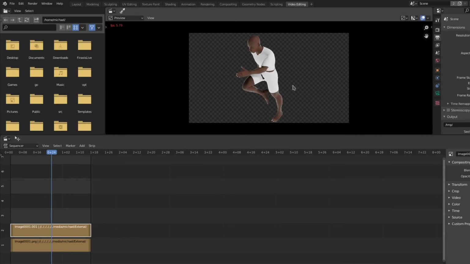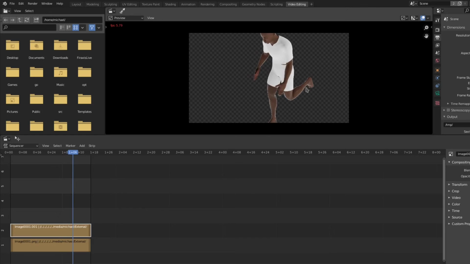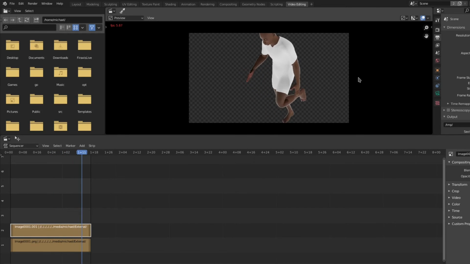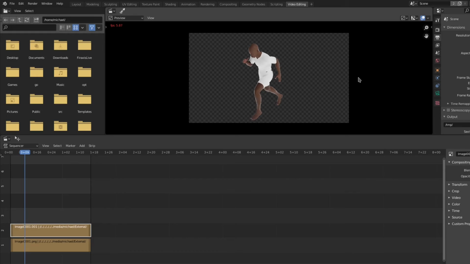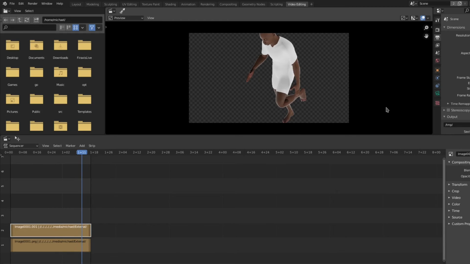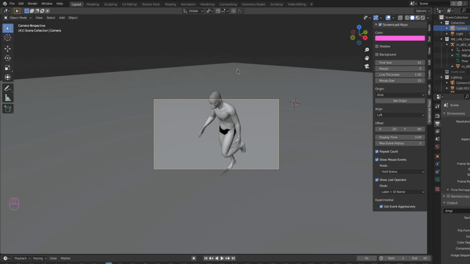We now have an animation which has previously not existed, of the man running with the clothing. A few spots I could touch up, but nothing too serious. Again, this is why we always start with a low quality render. So from here, as long as I've got anything in this at least, and it doesn't default to our view layer,